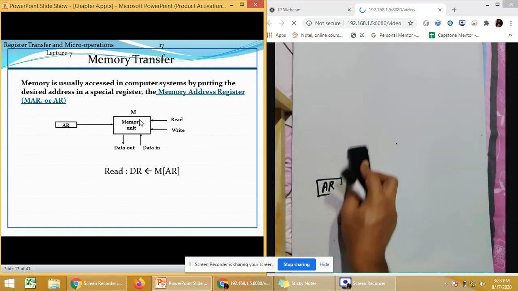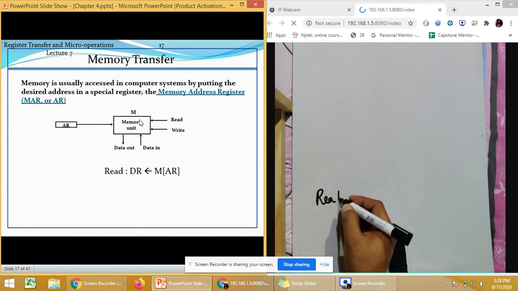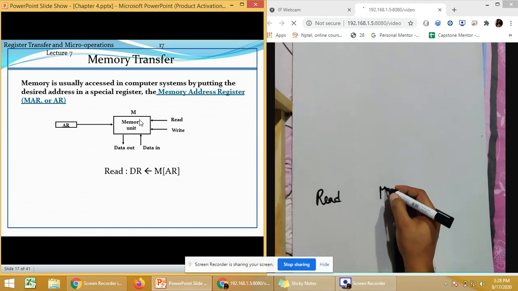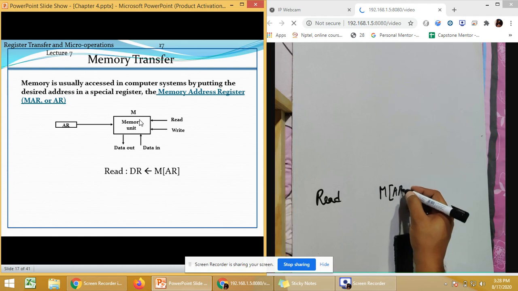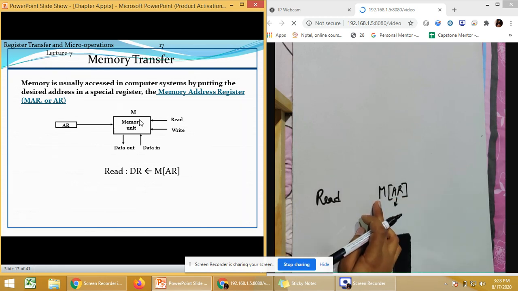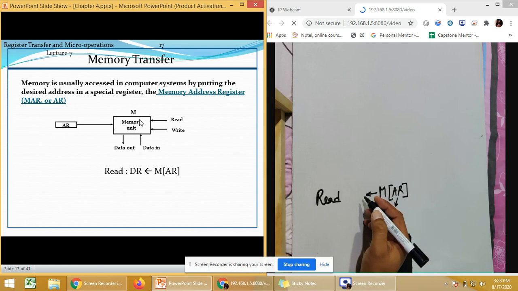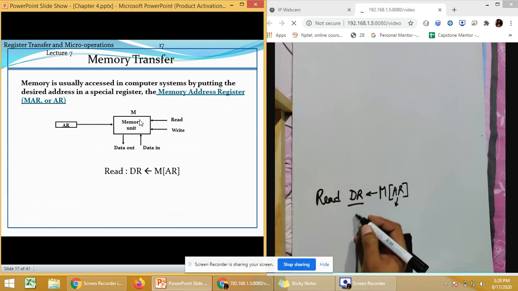We have an operation of read. In a read operation, we read a value from a particular address provided by the address register AR. The data is located in memory, and that has to be shifted to another register known as DR. DR is a data register.